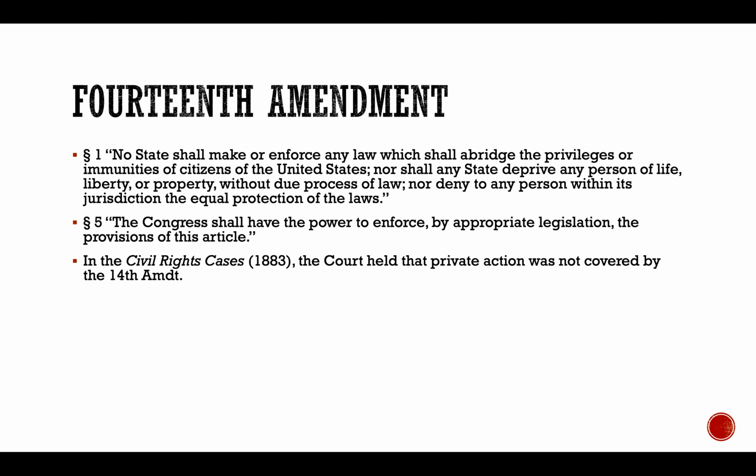So the state says someone cannot go to a state school because of their race. That would be unequal treatment. That would be state action that's unequal treatment. But say you own a private restaurant, and you say, I don't allow people of a certain race to come into my restaurant. Because you as the restaurant owner are not the state, it's not possible under this state action doctrine for you, the private proprietor, to violate the Equal Protection Clause because it only prohibits state action, not private action. So that's point one about what Section 1 means.